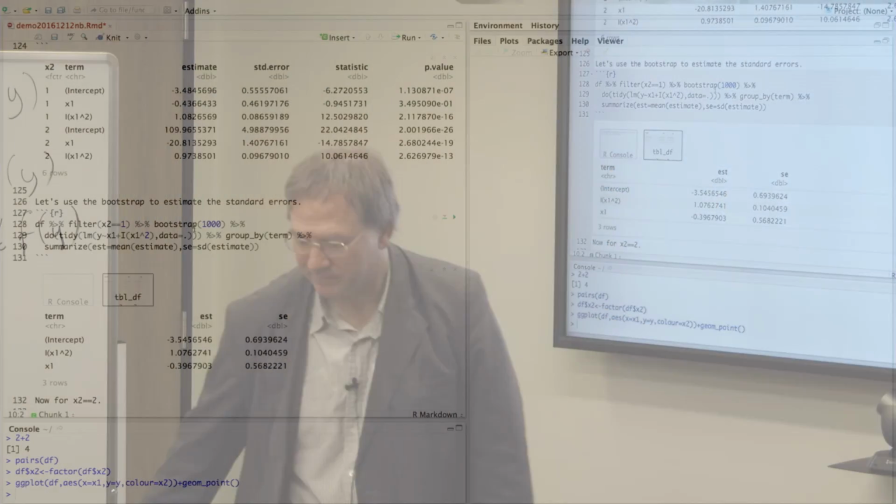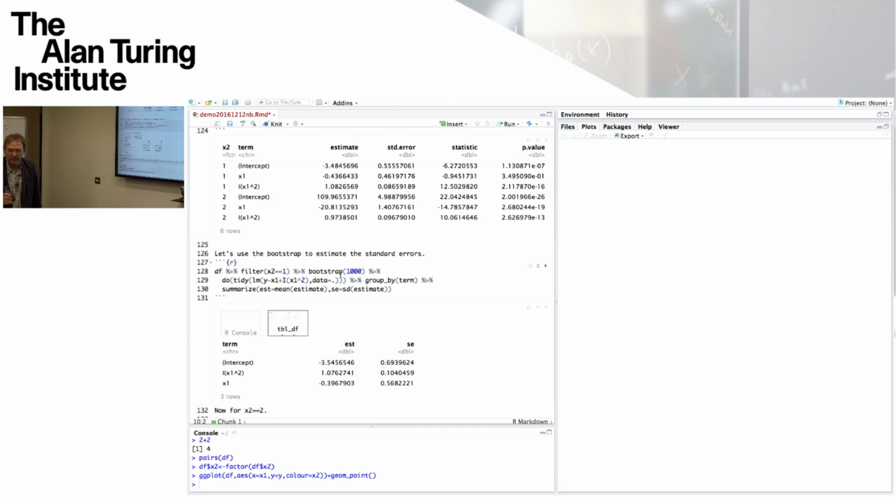Yep. Is there any rule of thumb in selecting the sample for the bootstrap? Like 1000 here? How many? Do you say rule of thumb? Yeah. Okay. So 1000 is plenty, I can assure you. It doesn't take very long, as we saw. You could do 100 to get it started to get some idea.